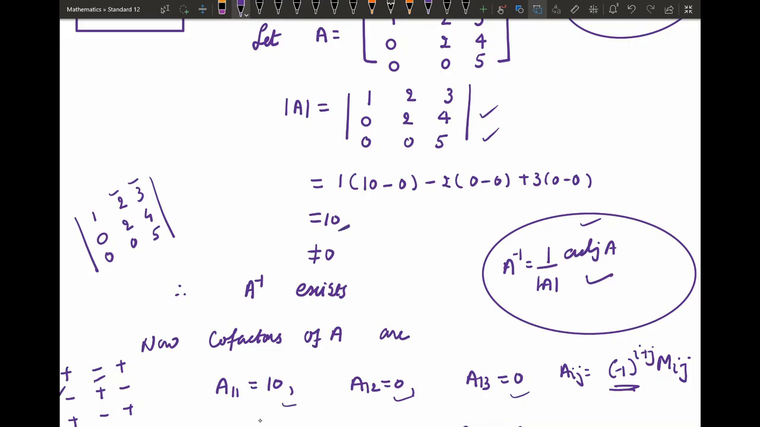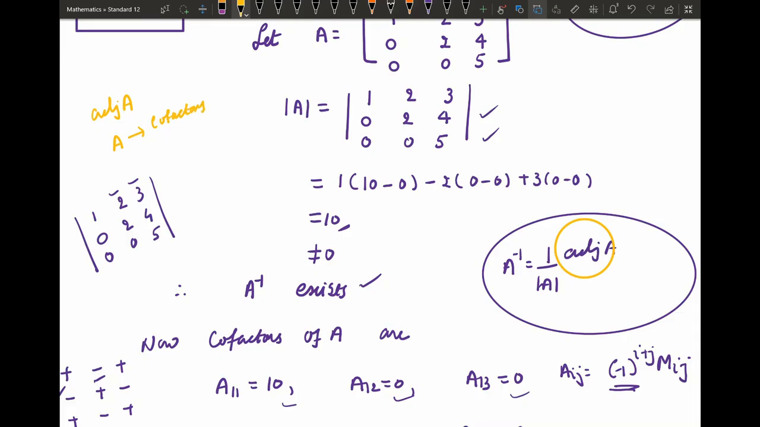Simple expansion of the determinant. Value is 10, which is not equal to 0, and since determinant A is not equal to 0, A inverse exists. Now we will find adjoint A. We know how to find adjoint A. To find adjoint A, in the matrix A, each entry is replaced by their cofactors,